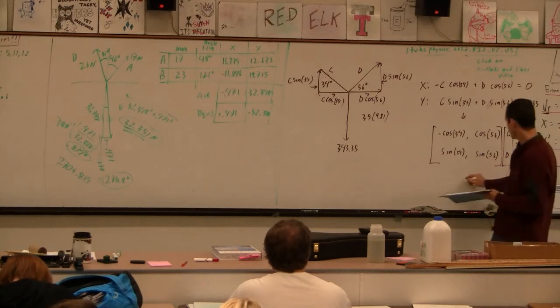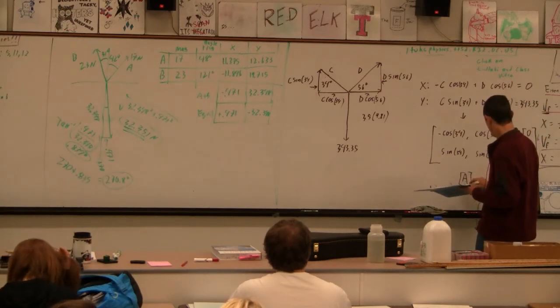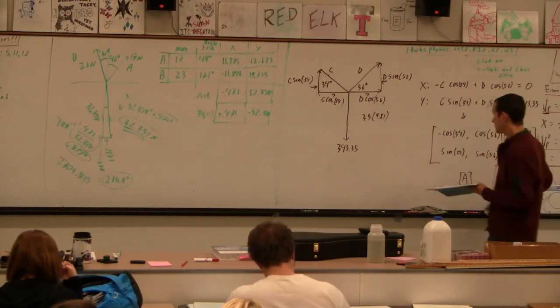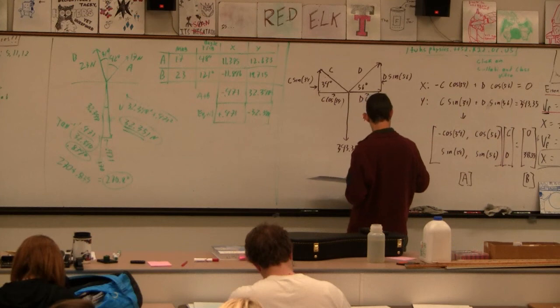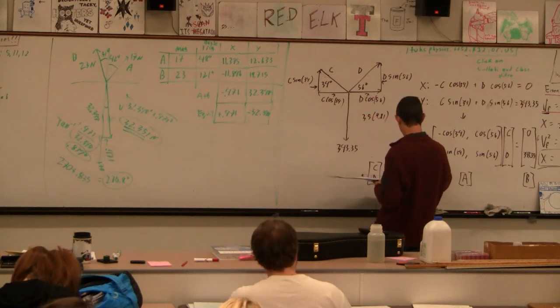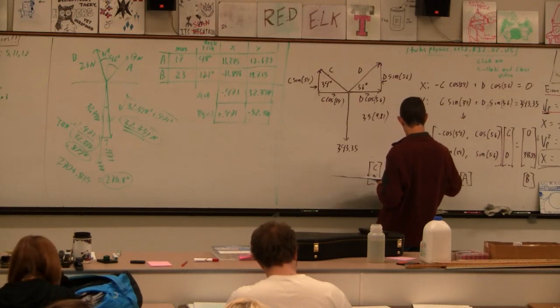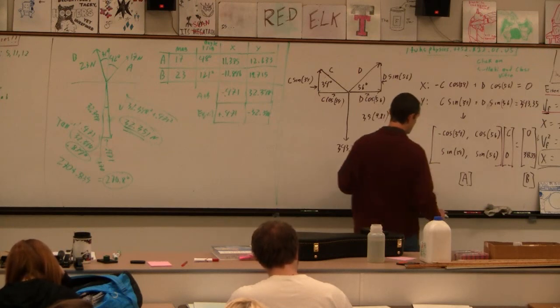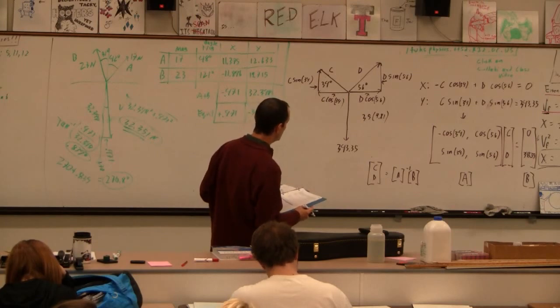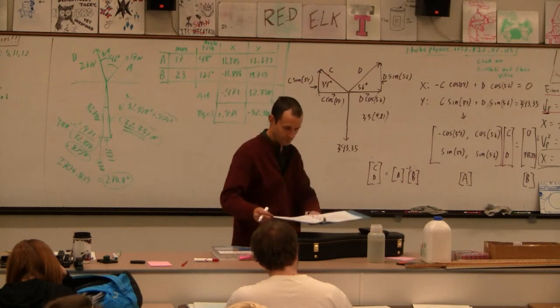If you set this up as matrix A, and this one is matrix B, then the matrix of C and D equals A inverse times B. I'm going to switch